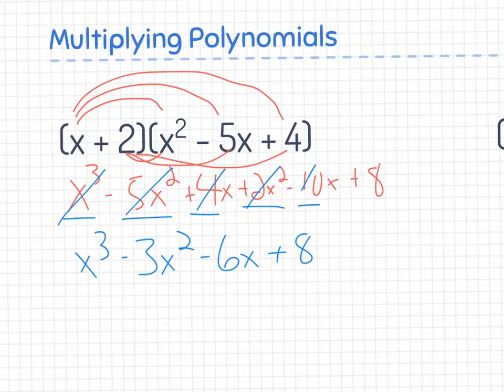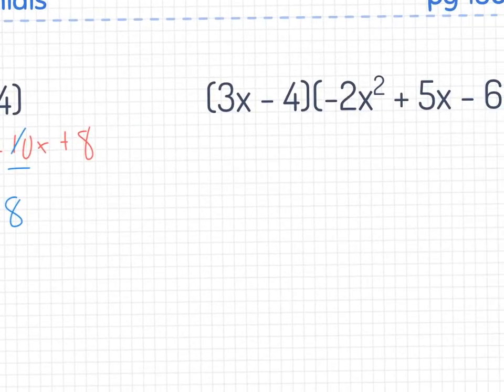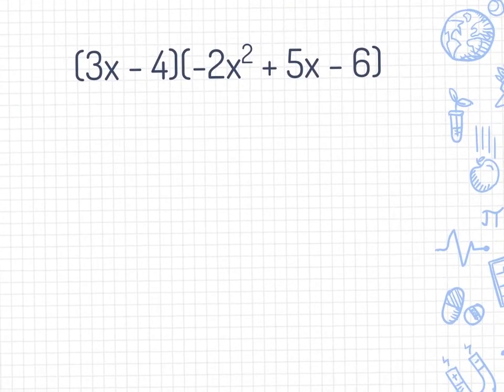So not a whole lot more work. Just got to pay attention, make sure we distribute to every single term. Okay, this next one I will do with area model, so you can see that that also works with a binomial and trinomial. You see the small changes, we'll just have one more column. So I have